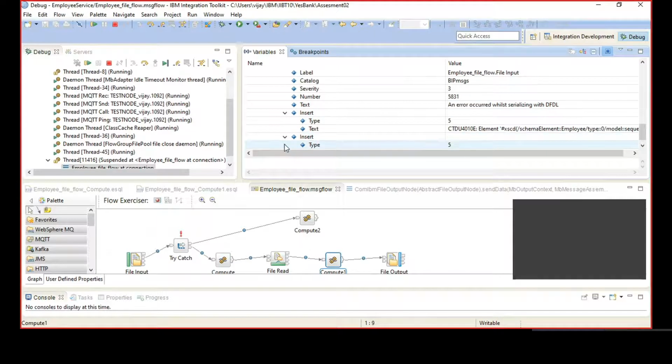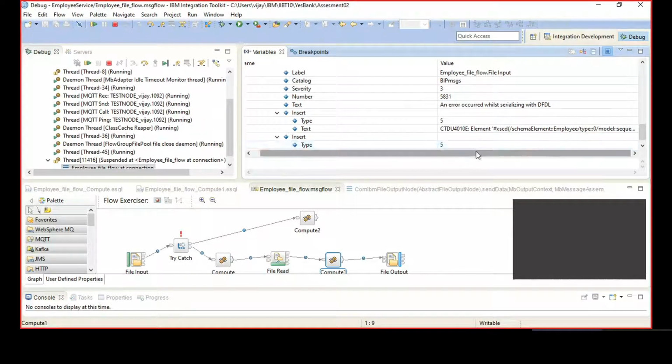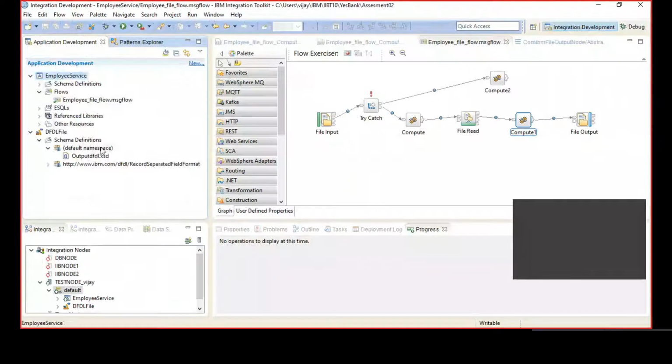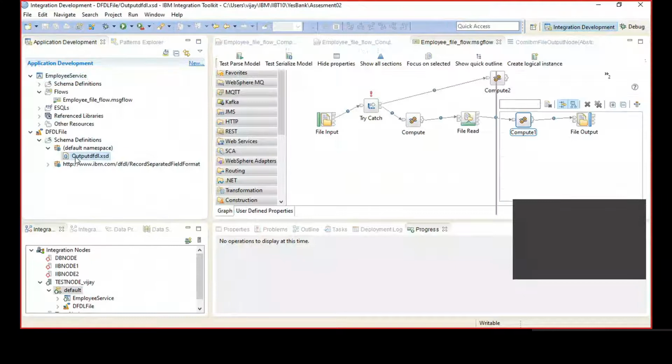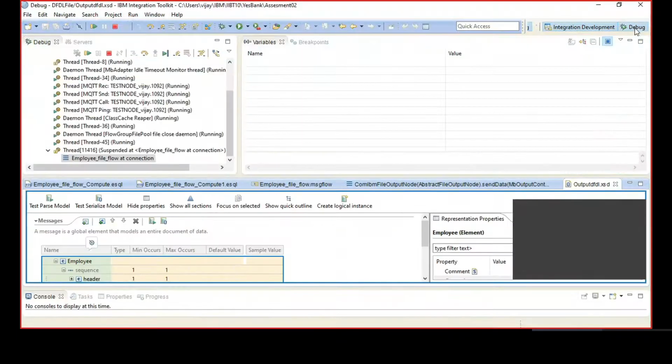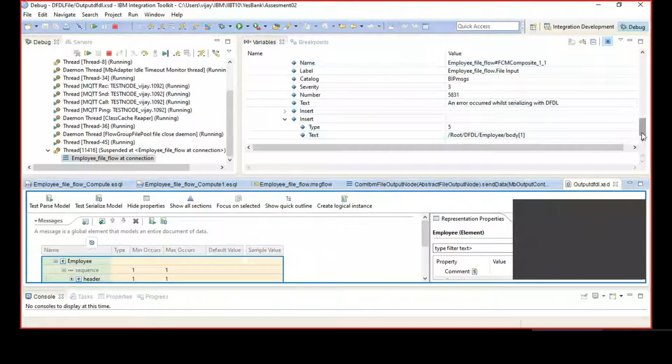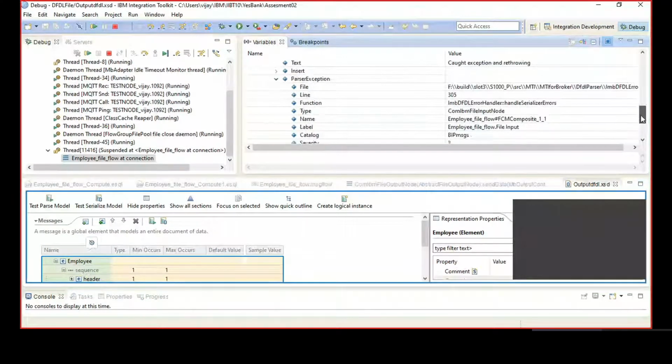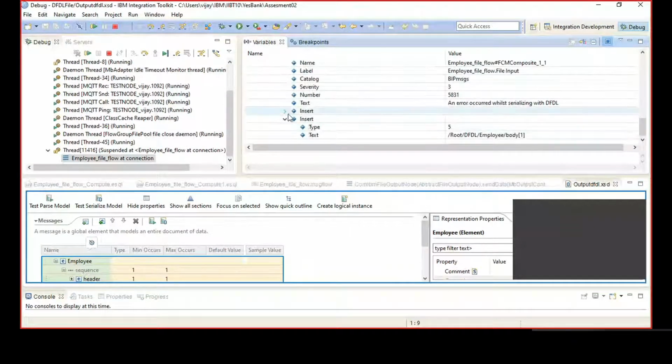So it is telling you there's some problem with the message that you have created. You can click on the XSD schema. What does it say? The sequence is not valid. In debug mode, when you went to the exception list, it was telling you about some field. Go find out what the field name is, and then we'll compare it with employee body 1.